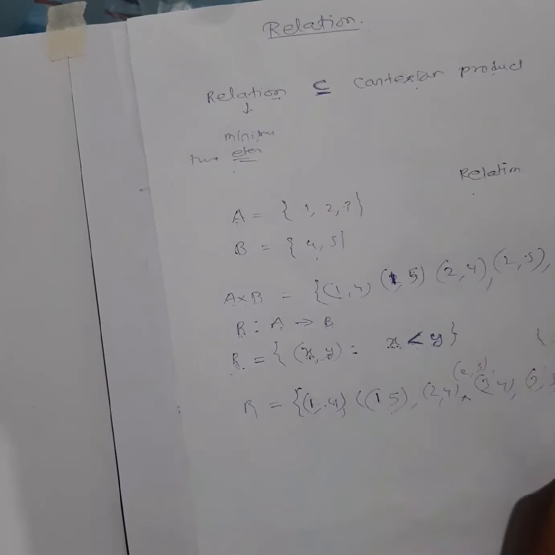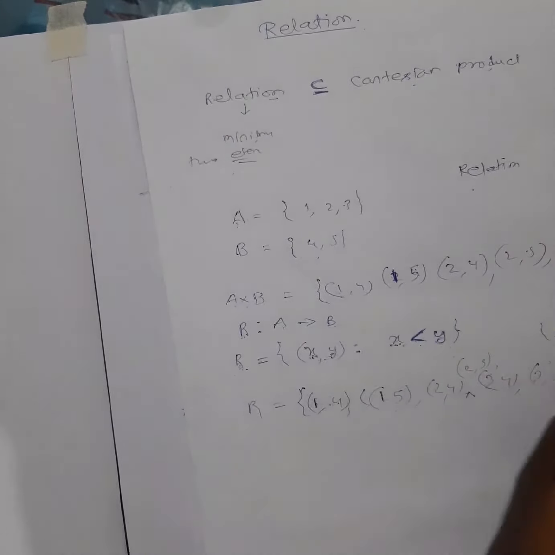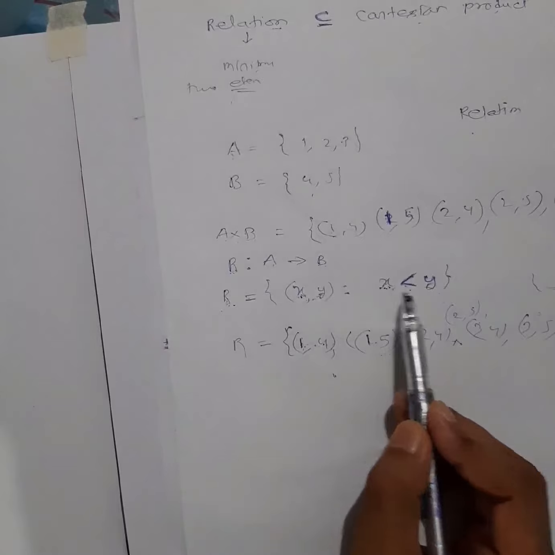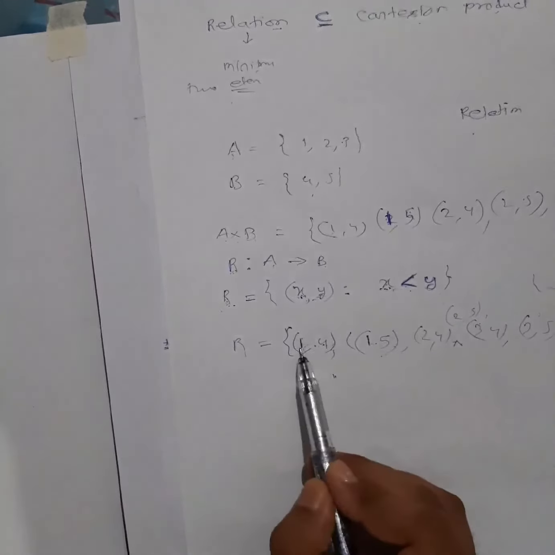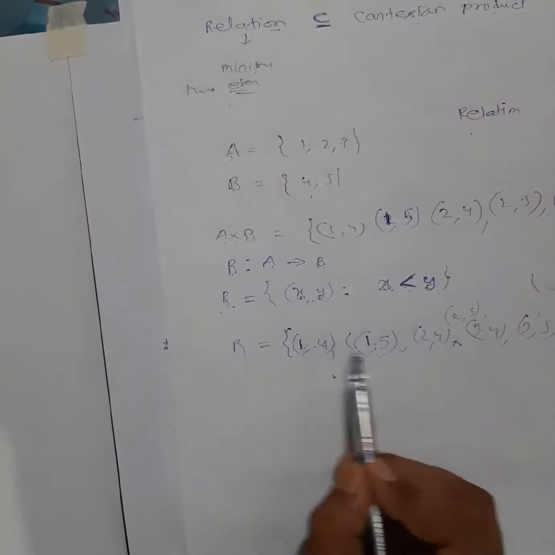So you can see here what are the elements, all elements of the Cartesian product. Can you write any other pair here? Obviously no, because I know that the first element will be from the first set, the second element will be from the second set, and you can see whatever relation is defined here, all of it is satisfied. All elements are satisfying that relation. First element less than second, first element less than second, first element less than second.